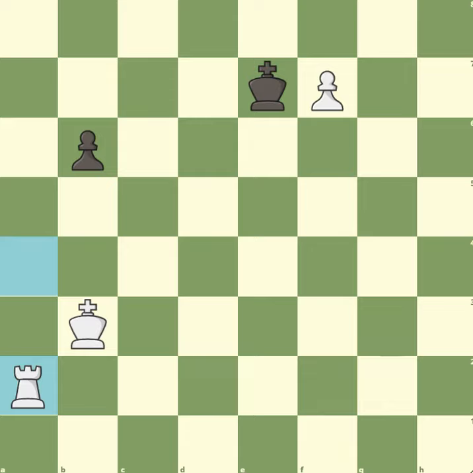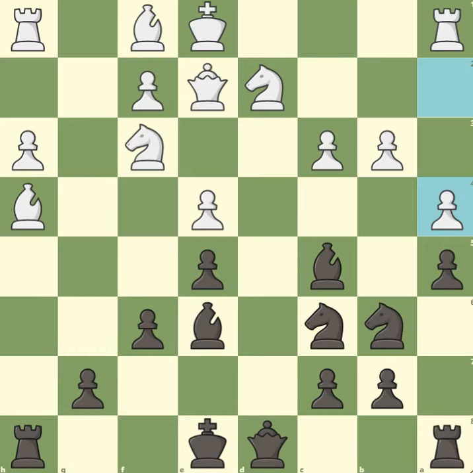So, on to our final example. In this final example, this is actually a real game that I played on the Lichess server, and I'm black in this position, and my opponent is white. So in this position, my opponent made the move a4, and now what I did is,